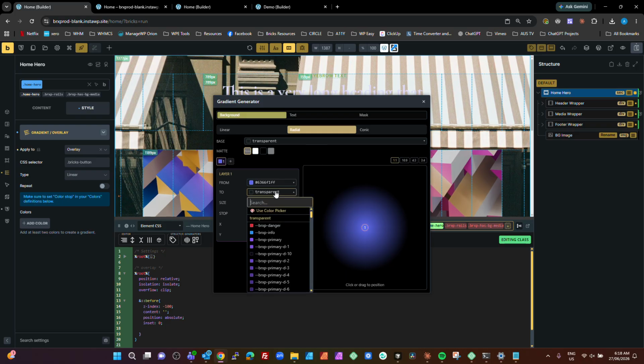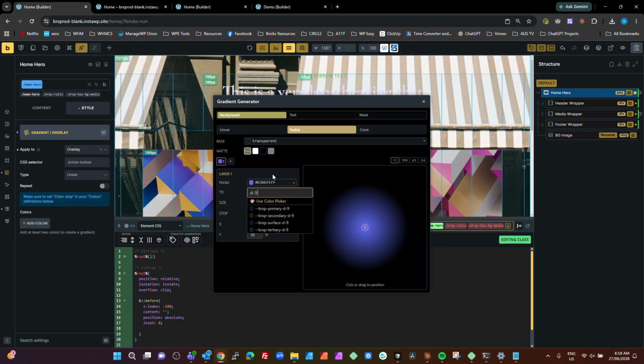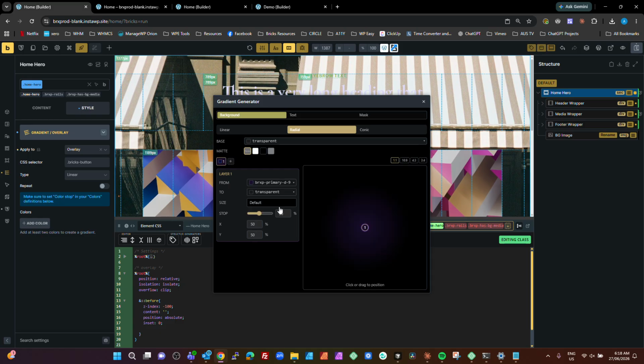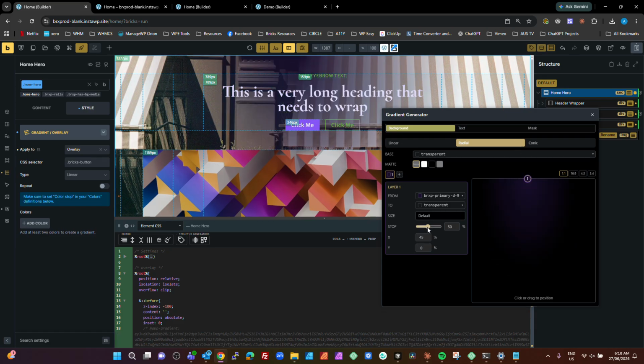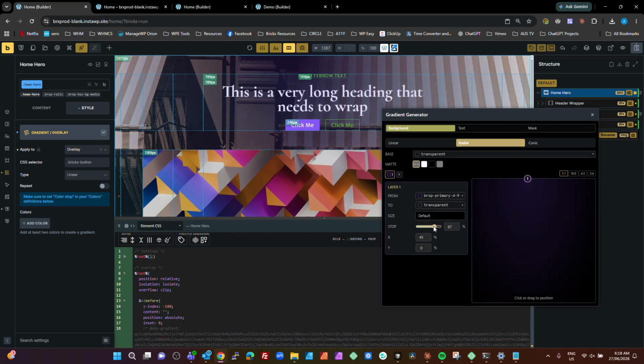And in our gradient generator, we want to go from transparent. Let's go to a D9. So we'll use a primary D9. Again, these are from BRXProd converted. We'll put you up the top there and make you a little bit bigger. Okay, maybe a bit bigger again. And we'll come down